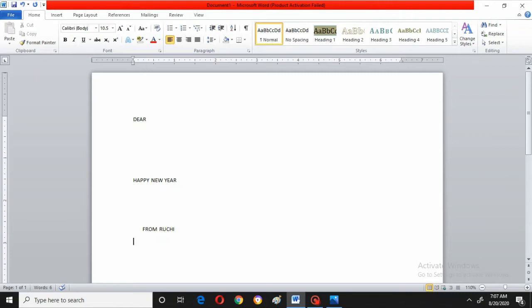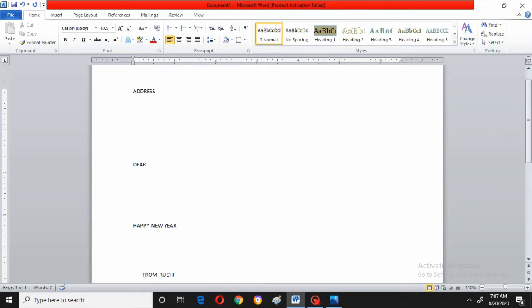I said a different address. So, where will you type the address? Above that. Here you will be typing the address, right? The address of the person you are sending to. Okay, so the address will come down here. Here you will be getting the address, and here the dear name of the person, and saying Happy New Year from